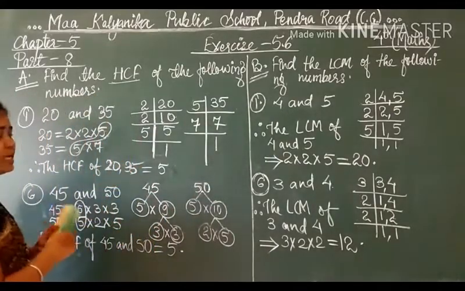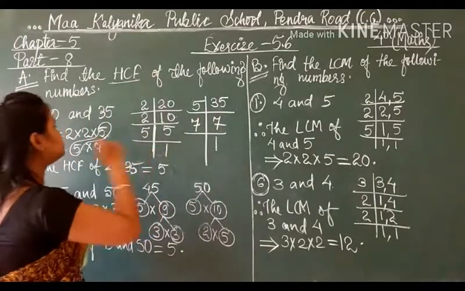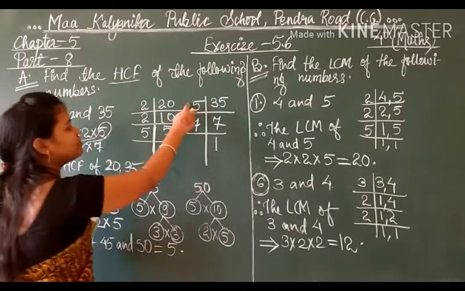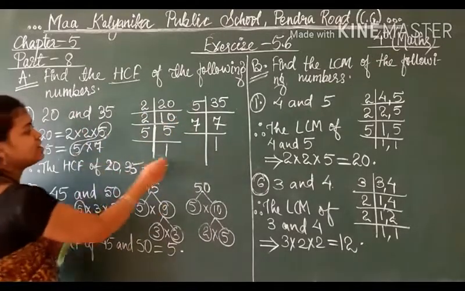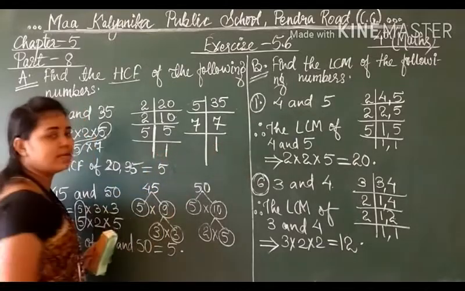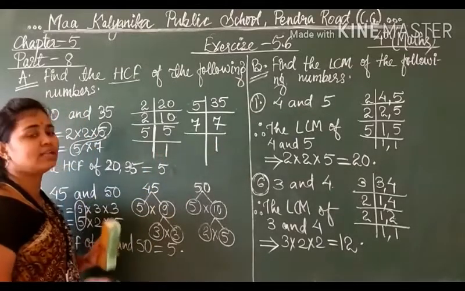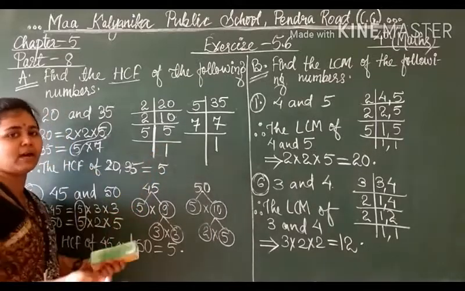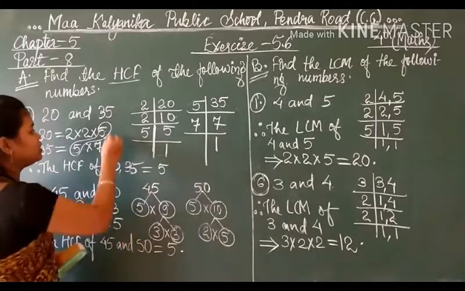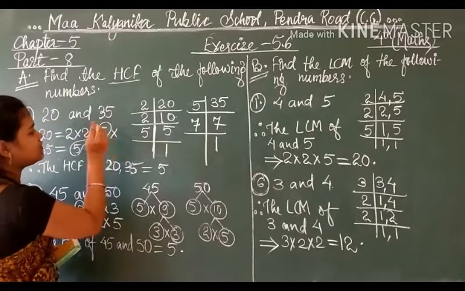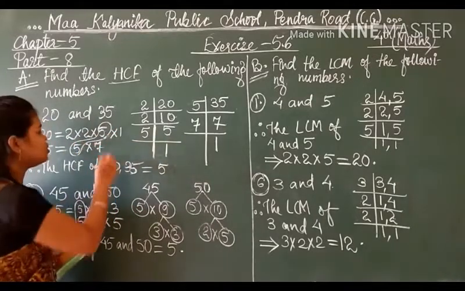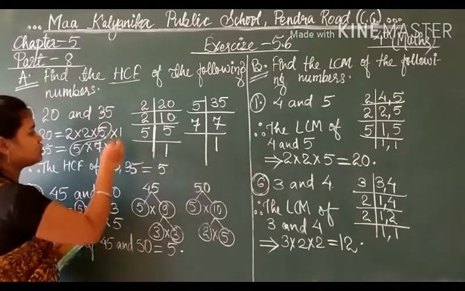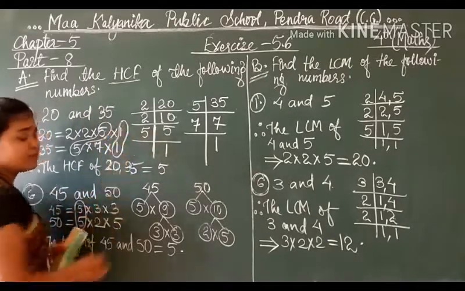So only one change will be there if you follow this method: 2, 2 and 5 is there, and 5 and 7. One more number is there, that is 1. And you know the property of 1 for multiplication, that when a number is multiplied by 1, we get the same number. So, students, along with this you can write 1 also if you want to follow this method, and here also 1. So 1 is also a factor.